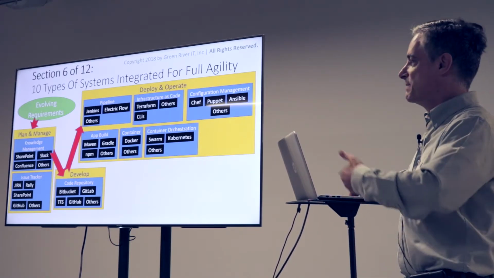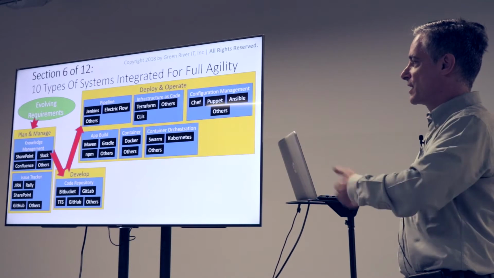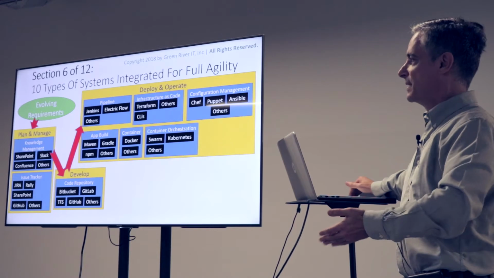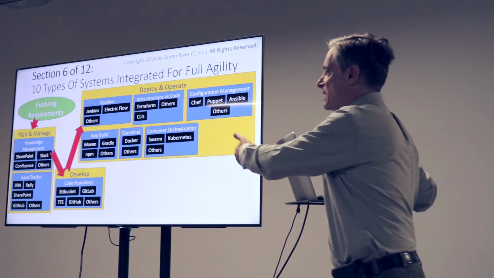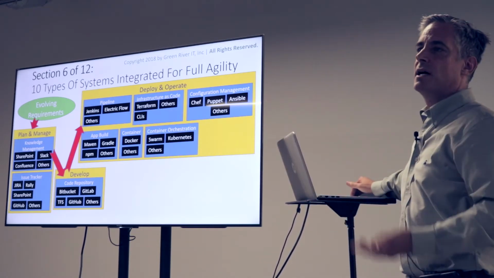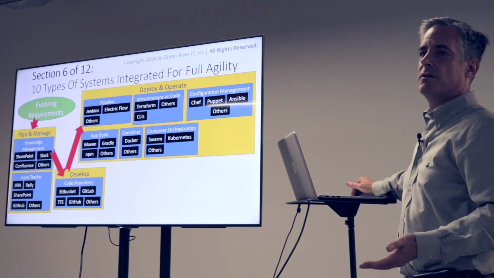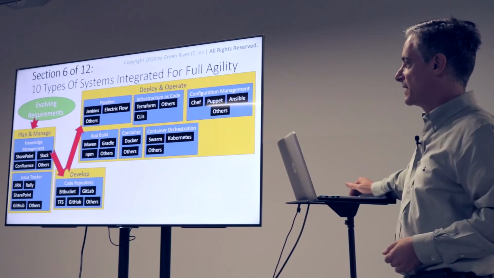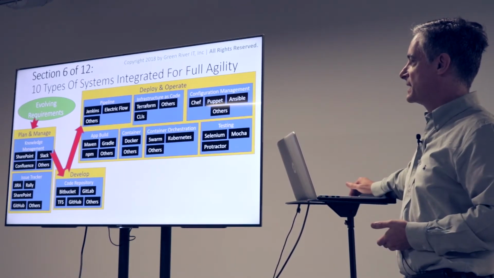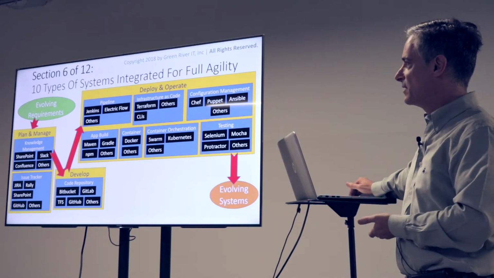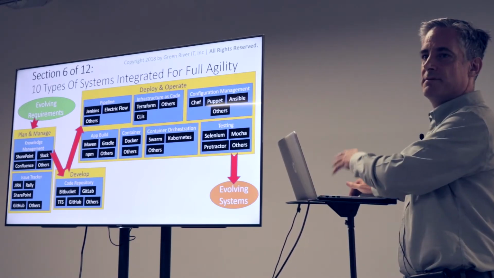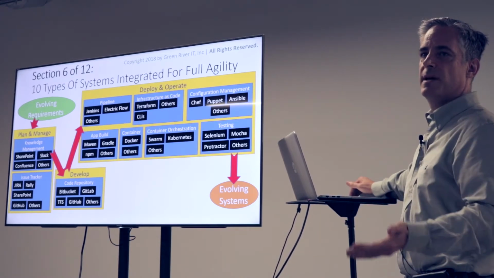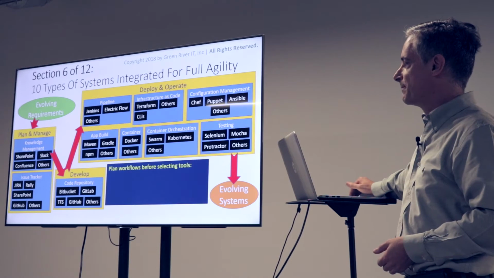So if everything's being put in containers that are being orchestrated into infrastructure that's built up, the computing instances that are being built up in various clouds, it doesn't really matter because you're not using all of the AWS object model or all of the Azure object model. You're using the object model that is available through these cloud agnostic tools. And then lots and lots of test tools. And the result of integrating these 10 types of systems is that your systems in the whole organization from end to end are able to evolve much more quickly.